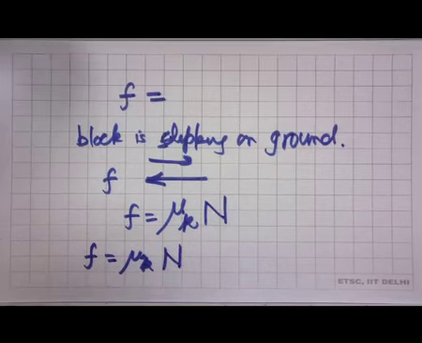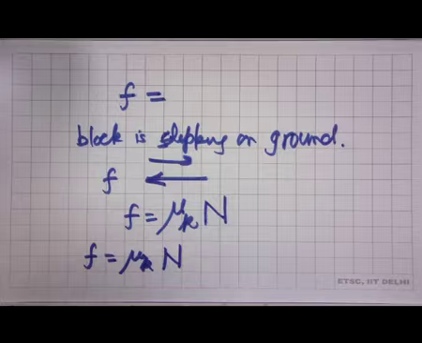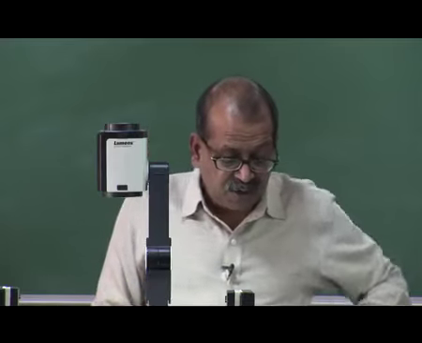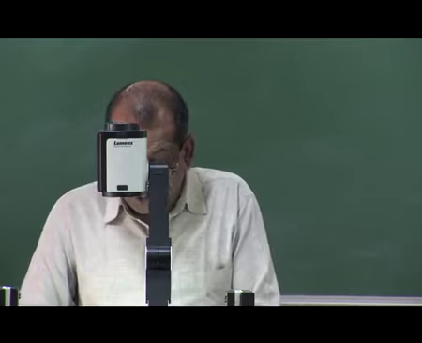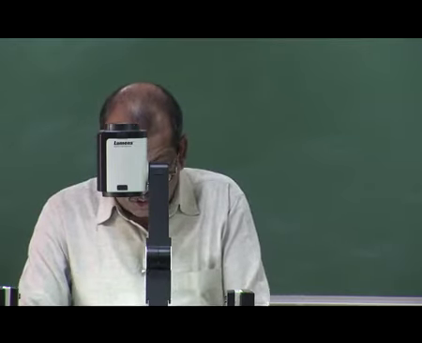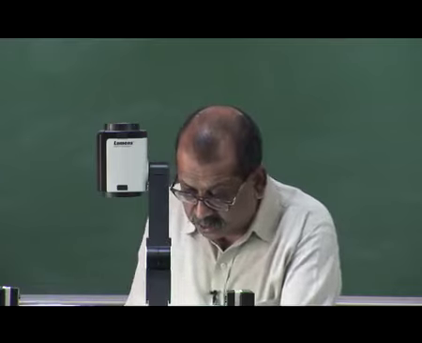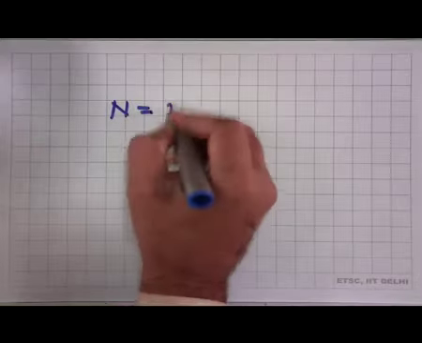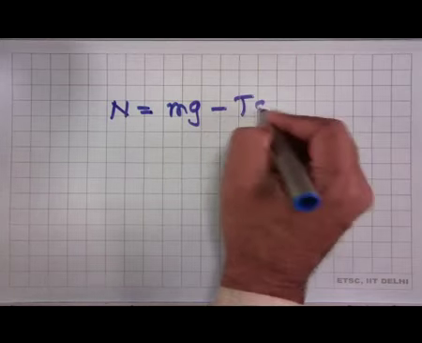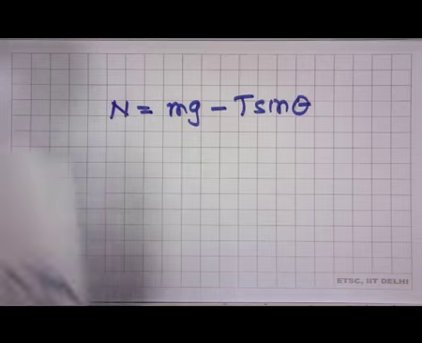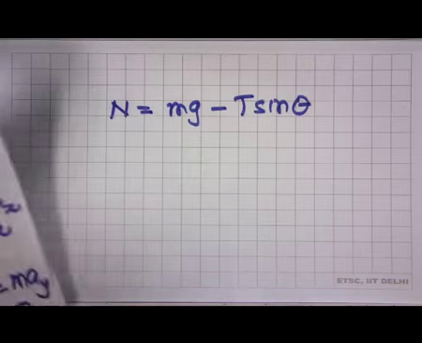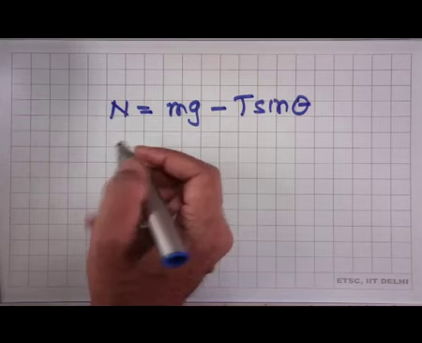This gives us the third relation, and now we can solve the 3 equations and 3 unknowns, and we can get the value of acceleration. If we want to actually do this, what we have is N is equal to mg minus T sin theta. Mass of the block is given to us, so therefore we know the normal reaction now, and from there what we get is